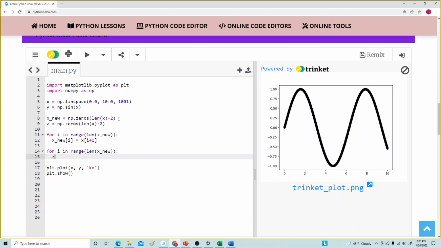And so z i is going to equal y i plus 2 minus y i. I'm going to divide that by x i plus 2, divide that by x i, and now I'm going to plot